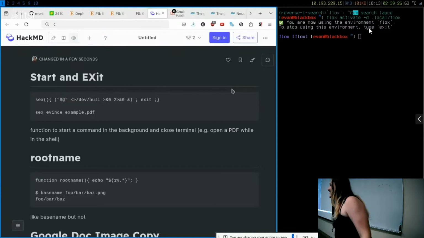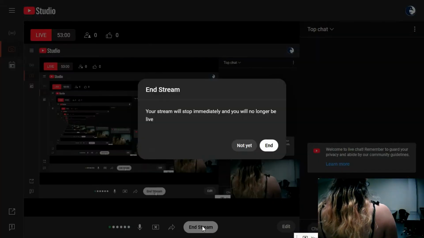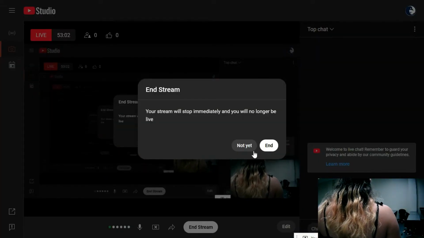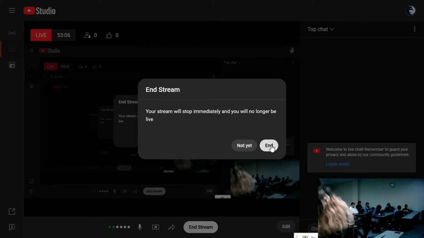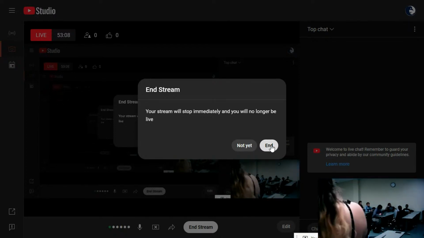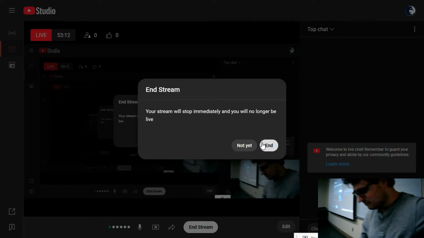Wait, 12 grand for Audi. Is that an investment? I thought my domain was like 15 a year. I thought you got Audi.